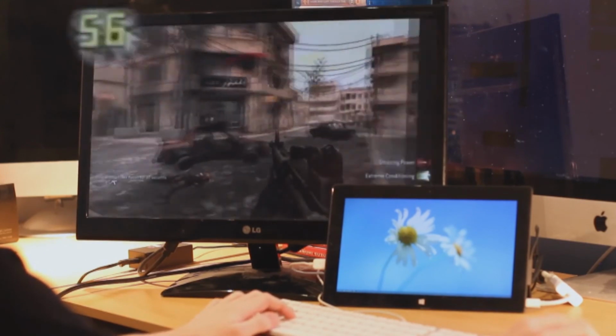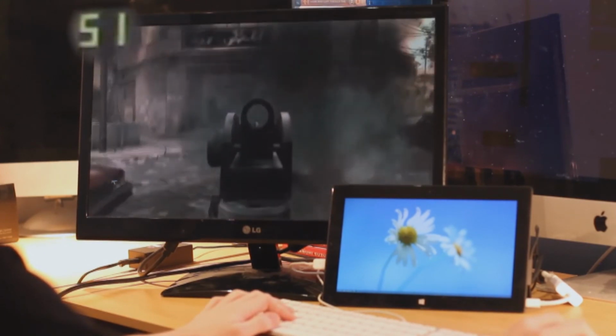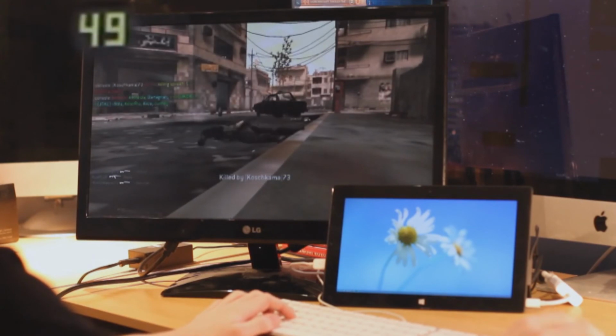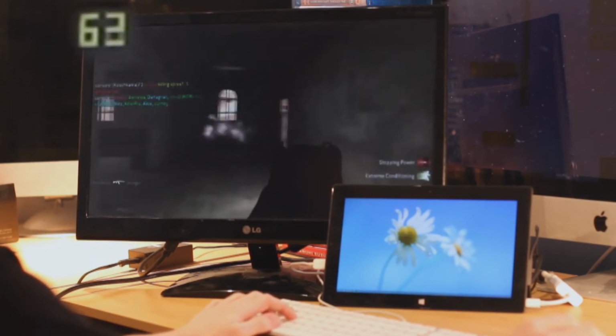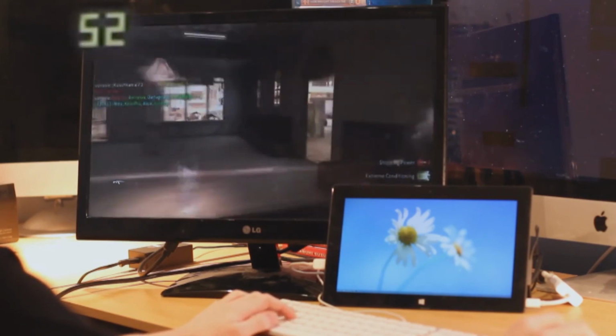Call of Duty 4 Modern Warfare is a game which really didn't want to run well on the Pro. Here it's running at 1366 by 768 at low settings, and we're generally getting speeds above 60 frames per second, but it has an awful tendency